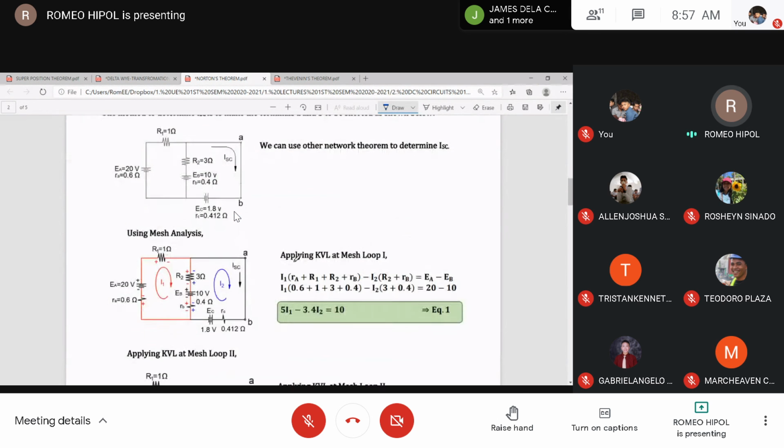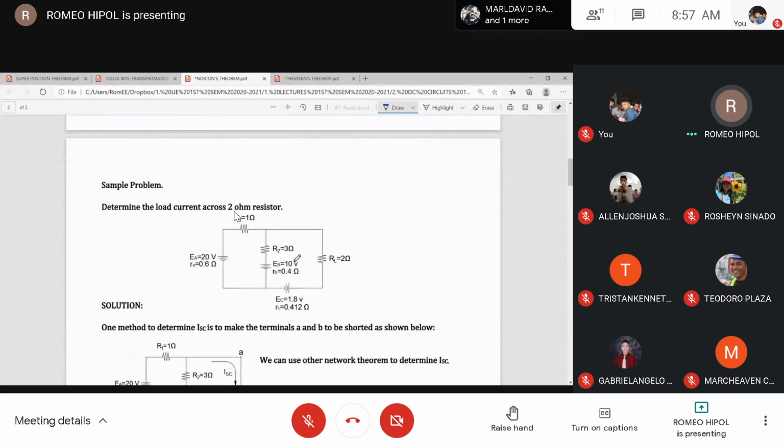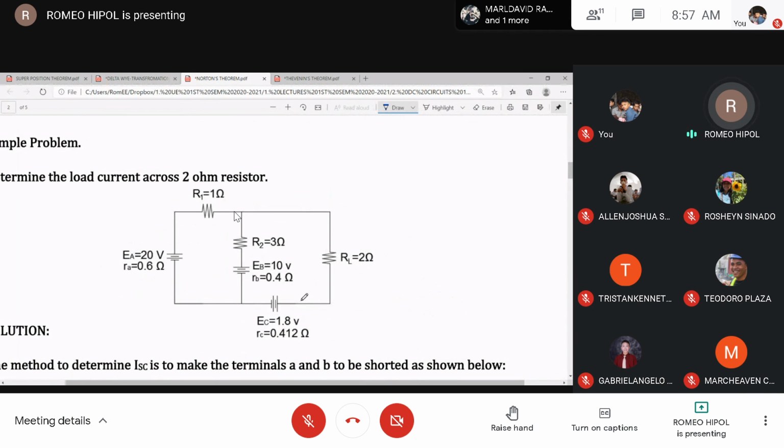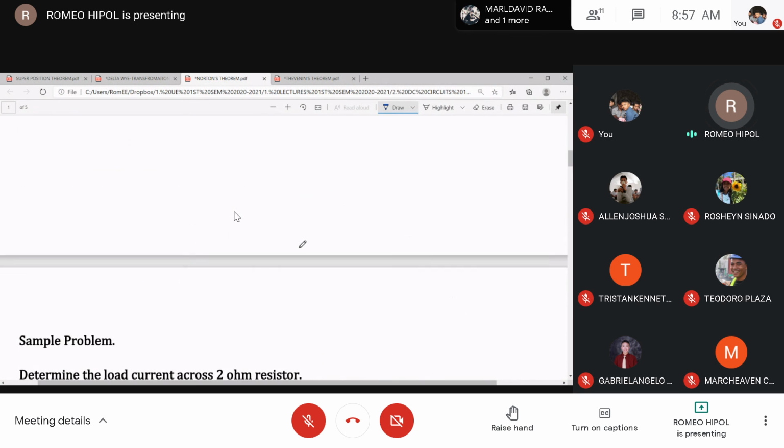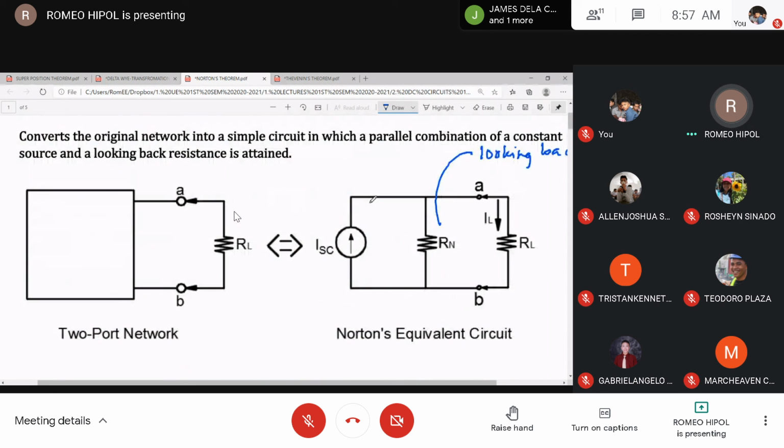Hindi ko lang sure. Pero yung circuit kasi almost the same. Okay, determine the load current at 2 ohm resistor using Norton's theorem. So, ano ba yung kailangan natin sa Norton's theorem? So, in Norton's equivalent circuit, we need to find the short circuit current and the Norton's resistance or the looking